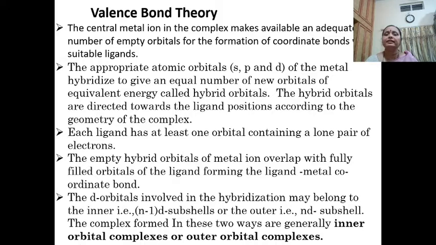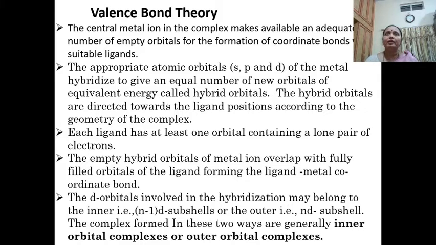Each ligand has at least one orbital containing a lone pair of electrons. The empty hybrid orbitals of the metal ion will overlap with the fully filled orbitals of the ligand, forming ligand-metal